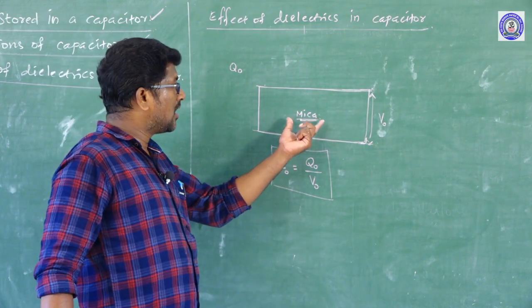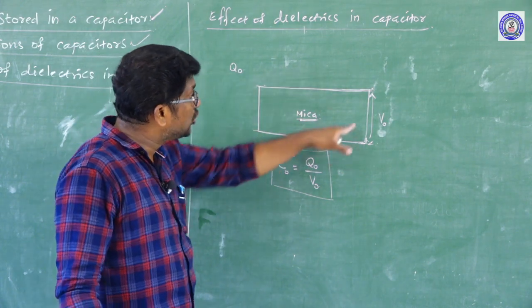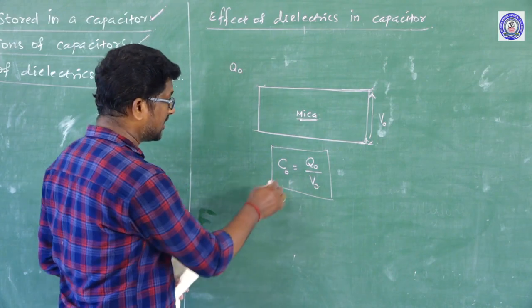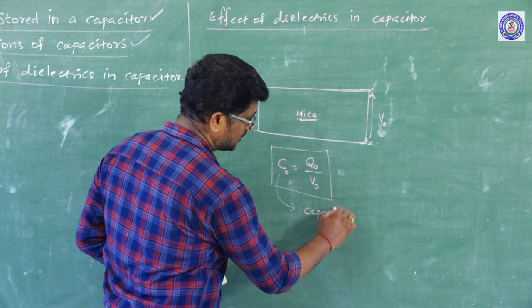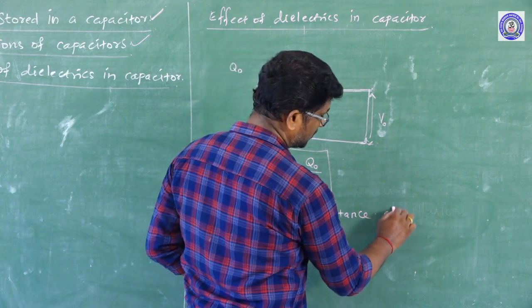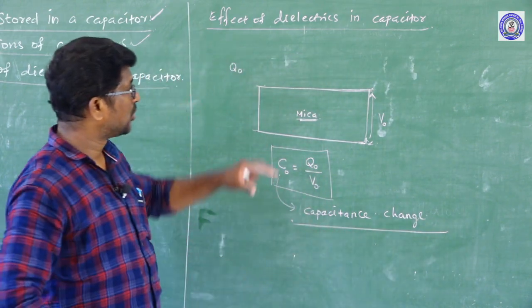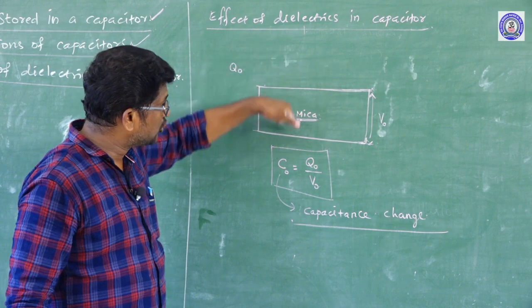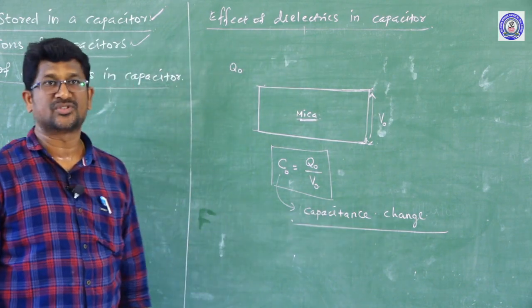If the mica or glass dielectric material is introduced between the plates of the capacitor, definitely the capacitance value will be changed. Capacitance change. Okay, if any one of the dielectric materials is introduced between the plates of the capacitor, the capacitance value changes,